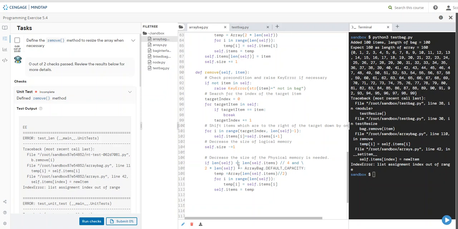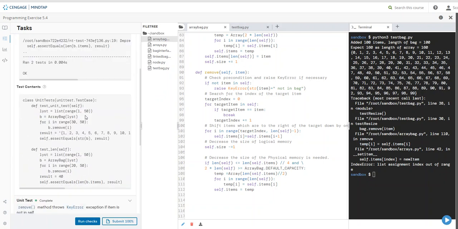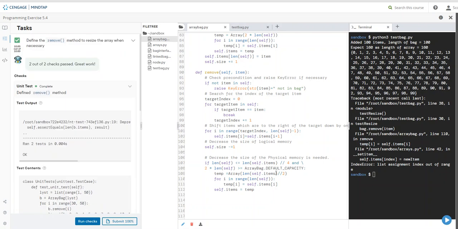If len is smaller than, so if physical space is smaller, let's run it and see. There it's happy, and there it's happy. We had it all right with the exception of one little symbol issue,